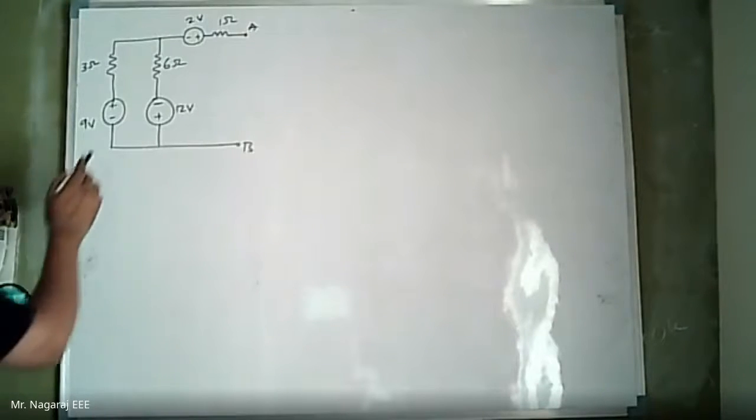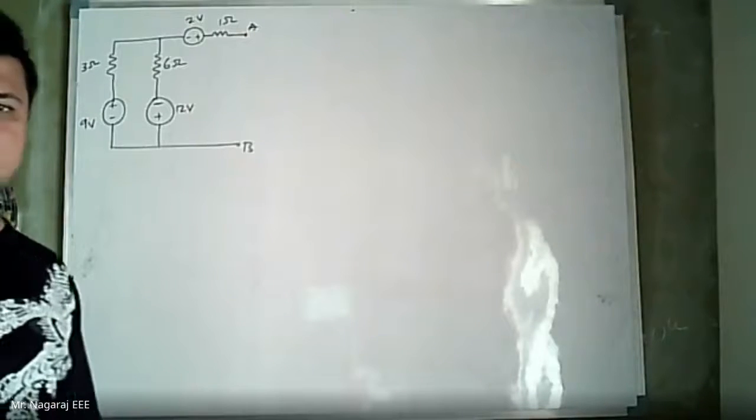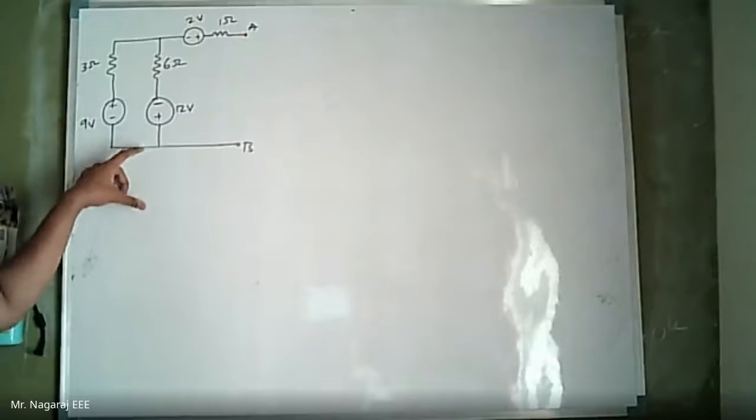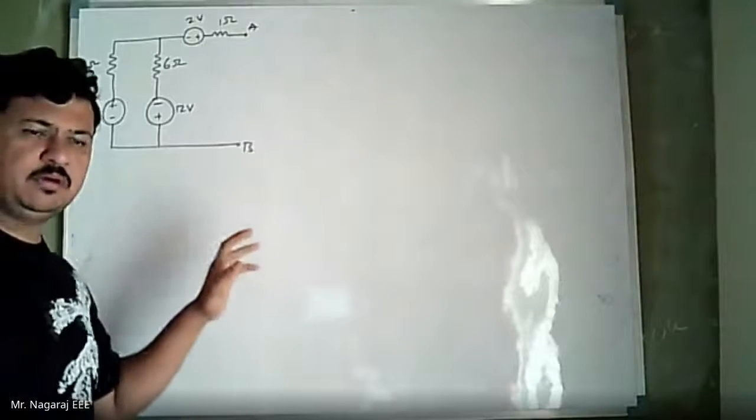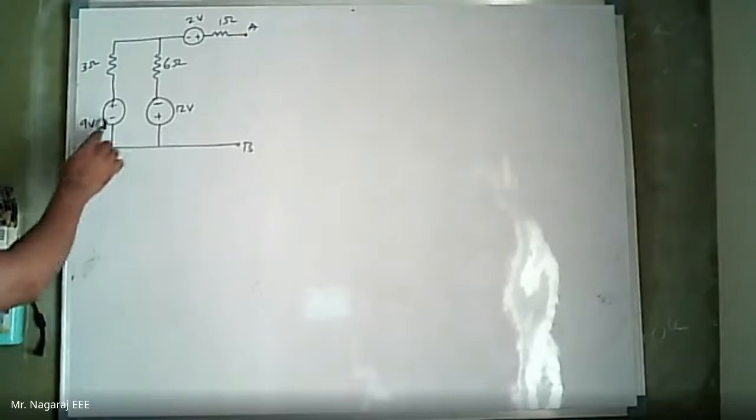Now there are two voltage sources in parallel. Generally we have seen voltage sources will not come in parallel. But if it is an ideal voltage source, then I have to neglect that. But it is a practical voltage source. Now I have a way to come out: I can convert these two voltage sources into current sources. They will fall in parallel. I can get the equivalent current source and convert that back to voltage source. So that can be done.